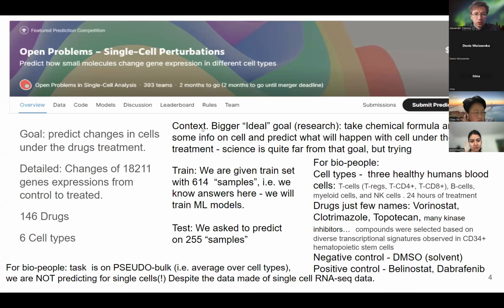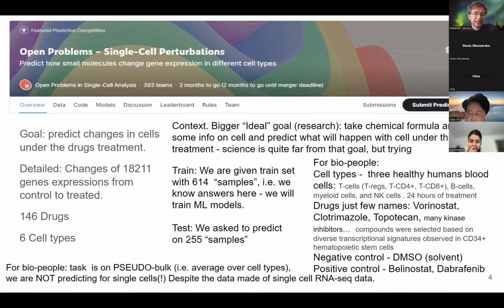Some bigger context for this kind of task: it's quite a hot research topic. In general, we want to find the effect of different chemicals, different compounds, on different cell types. Ideally, someone gives you the chemical formula and you say what the effect on these cells is. Of course, we are quite far from this goal, but researchers are trying. If you look in more detail, in the train we have only about 600 samples,